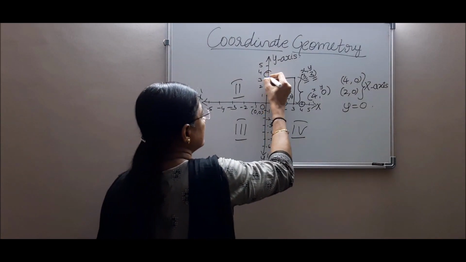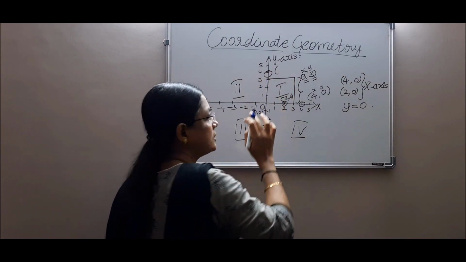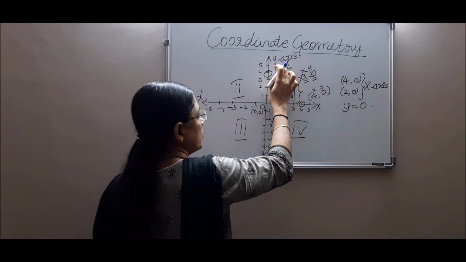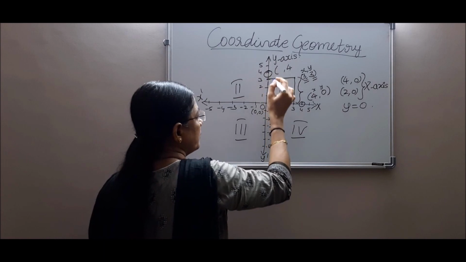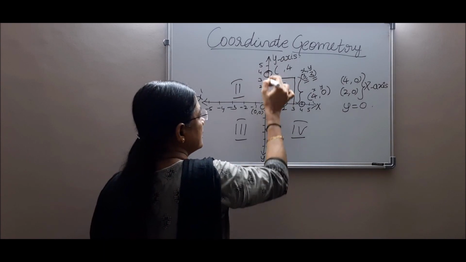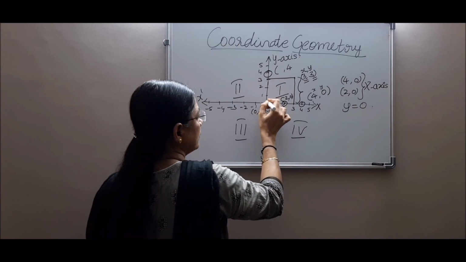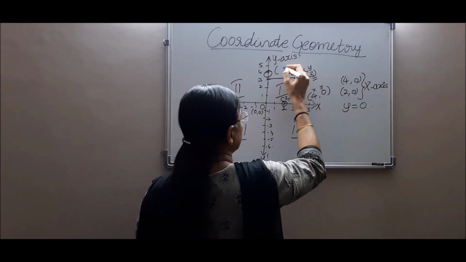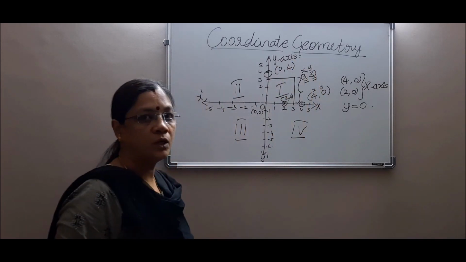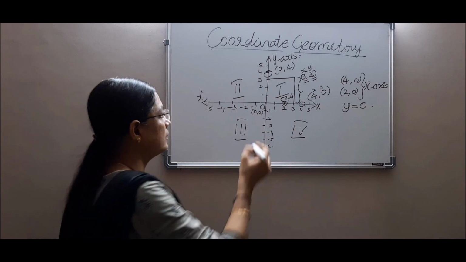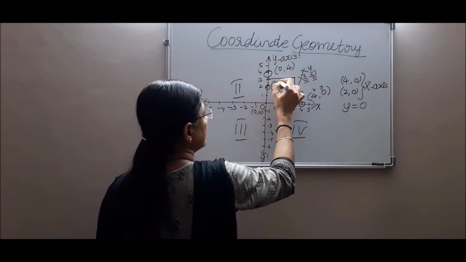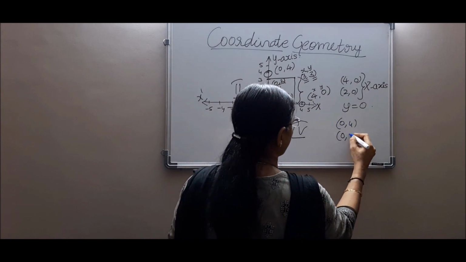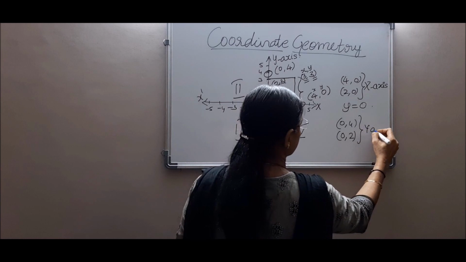Now when I mark this, what is the point here? This 4 is the y-coordinate, so I write 4 here. But what is the x-coordinate? Can I draw any perpendicular line from here to the x-axis? If so, it will be the y-axis and it will drop to 0, isn't it? So no other point can be written here except 0. So 0 comma 4 is the representation here, and if I take 2 here, then that is 0 comma 2. So see the points 0 comma 4 and 0 comma 2 on the y-axis.